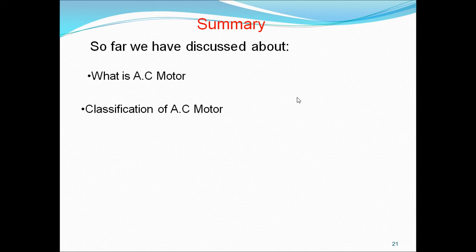And the classification we covered depends on the speed; we can divide into synchronous and asynchronous motors. Synchronous motors run at synchronous speed; they are plain type and super type. An asynchronous motor is one which does not rotate at synchronous speed or rated speed. The asynchronous motors are induction motors and commutator motors.